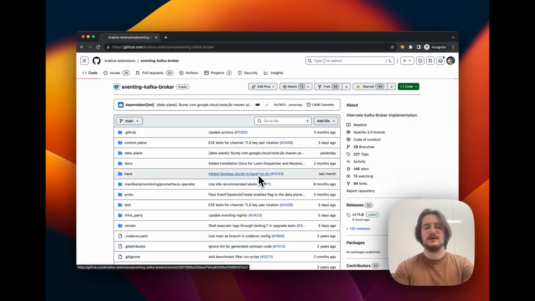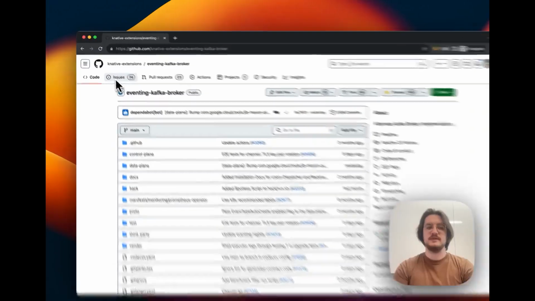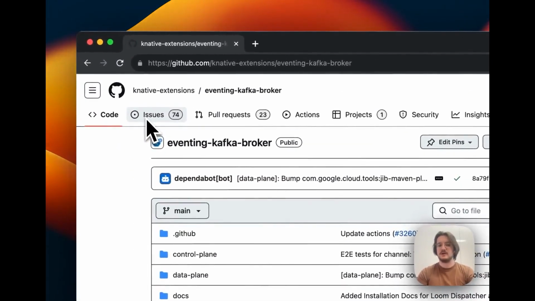Hello everyone. Today we'll be talking about how you can open an issue on a GitHub repository. And to do this, we're going to be using the Eventing Kafka broker from Knative. So let's get started. We're going to come over to the Issue tab within this top navigation bar and click